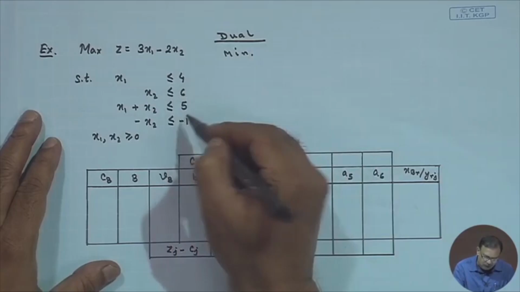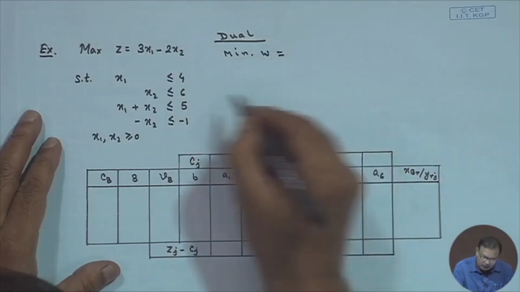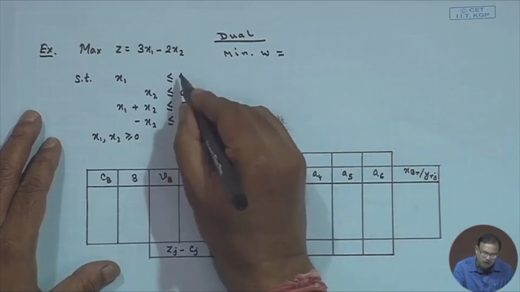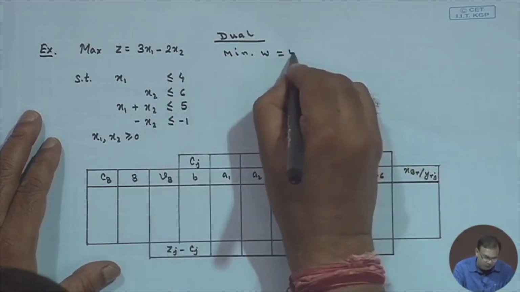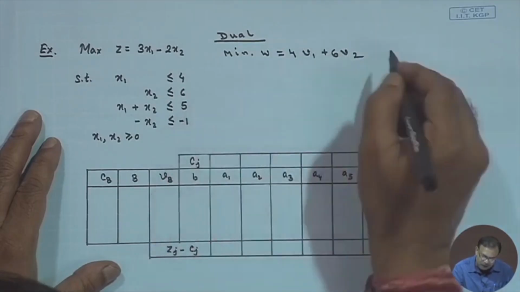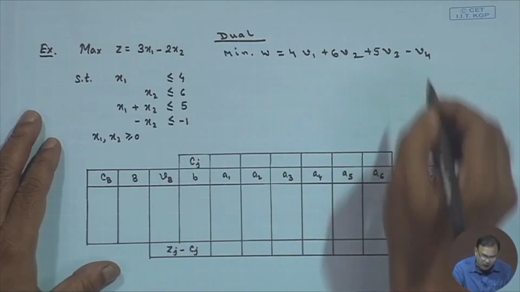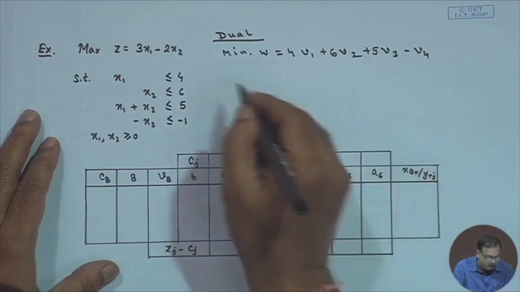There are 1, 2, 3, 4 constraints, so 4 variables will be there. So, W equals, I have to consider the coefficients b: 4 v 1 plus 6 v 2 plus 5 v 3 minus v 4, subject to